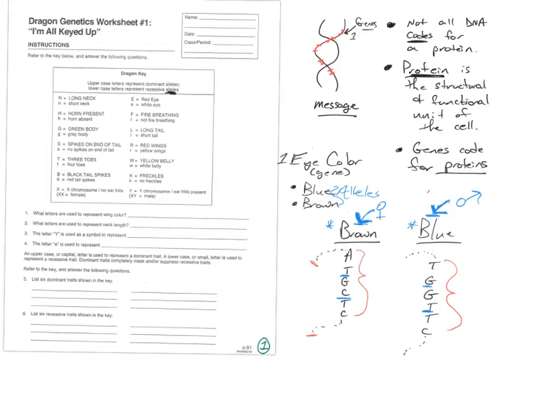So when we're talking about dominant recessive, we're talking about: does it make a lot? Does it make a little? Is the stuff that they make better? Right? So that's what we're talking about. We're talking about genes and alleles. Does everybody get that? Because when you look at this, and you did this in middle school, some of you,